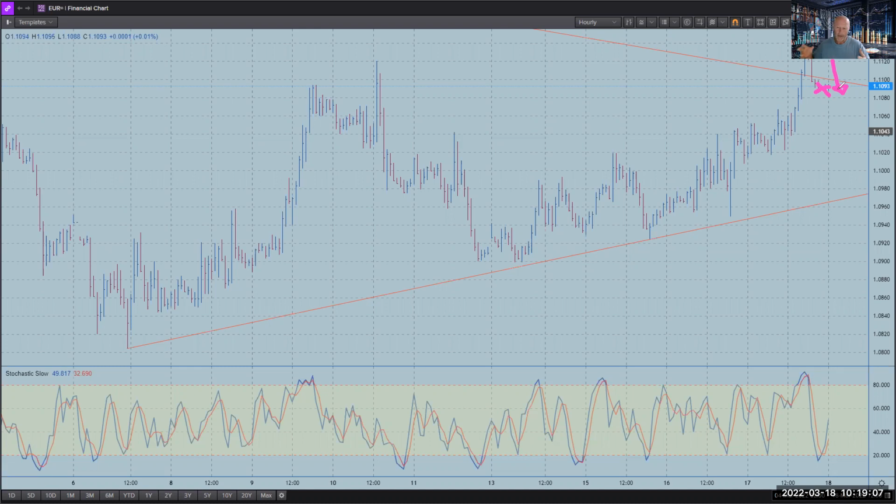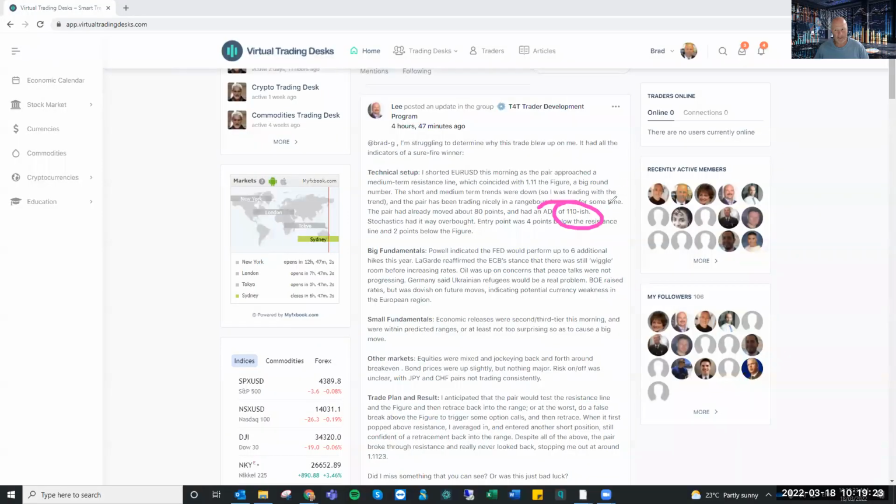But leading into it, trading it aggressively, trying to pick that top is problematic around geopolitical events, around the central bank announcements, and then obviously the range. The key part to that whole aspect was the range. 110, yeah, I tell you what, we just needed a bit more in that.